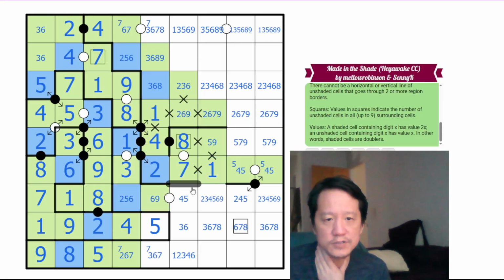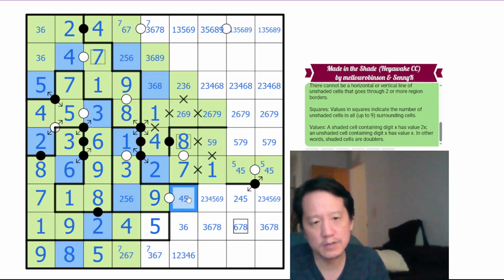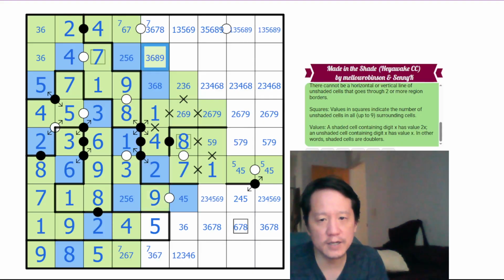So these are separate regions here, which means this is going across one border, cannot go across 2, so this is blue, which means this is double, which means this is single, so this has to be 9,